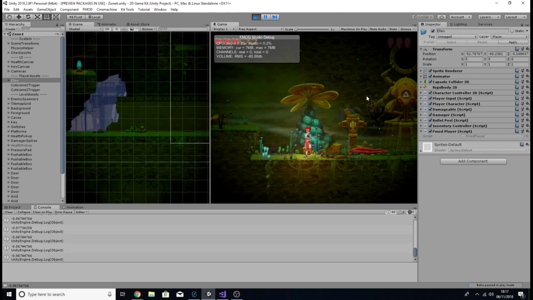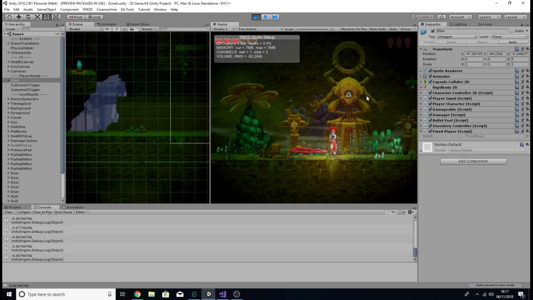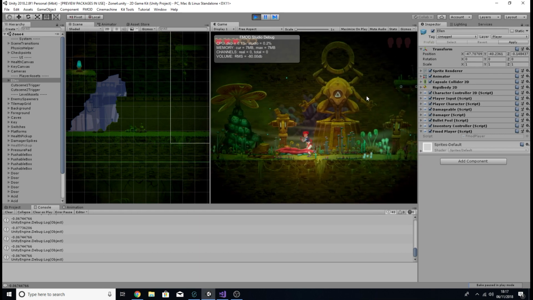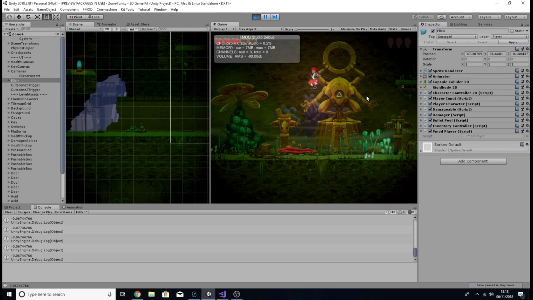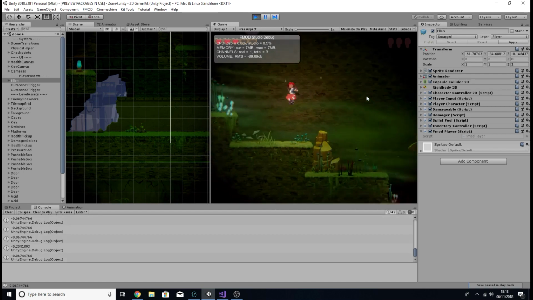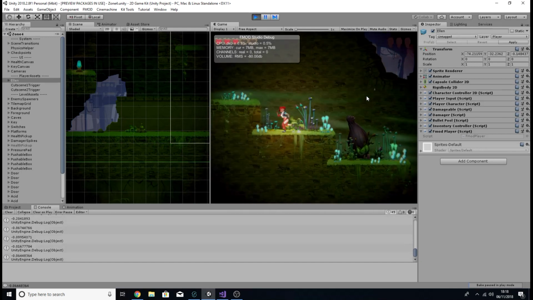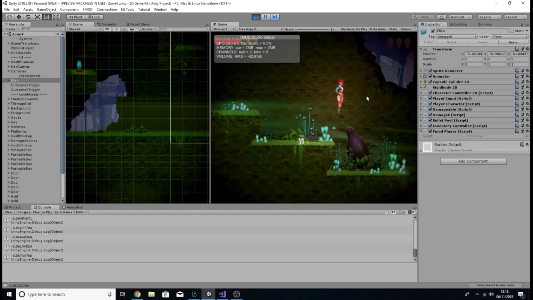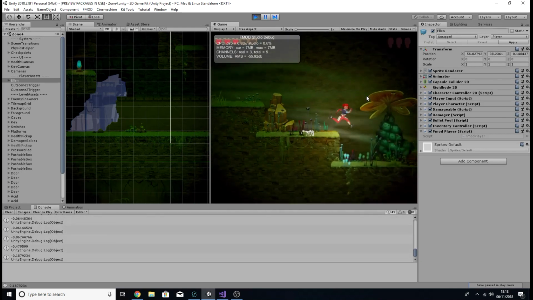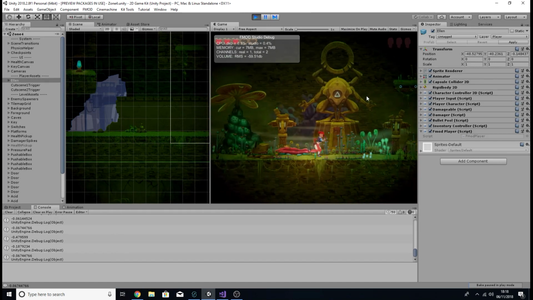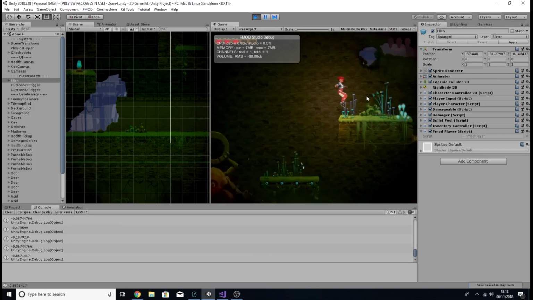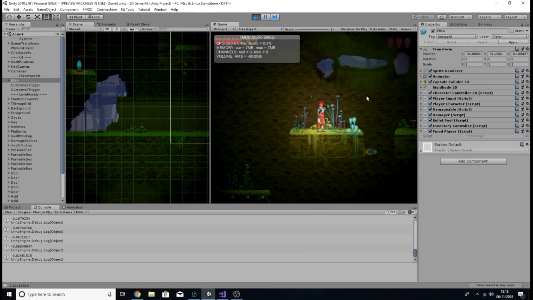So that's pretty much everything we wanted to do in this episode, and also that's pretty much everything we want to do around the player character. Like I said, I might go back and add the jumping sound, but for now, say if I'm running around, for example, and start jumping, I feel it doesn't really need anything at the moment. If there was any more fuddy footsteppy sounds, I feel like it would be too much, like I explained earlier. But yeah, so to recap where we're at, we've got the melee attack,